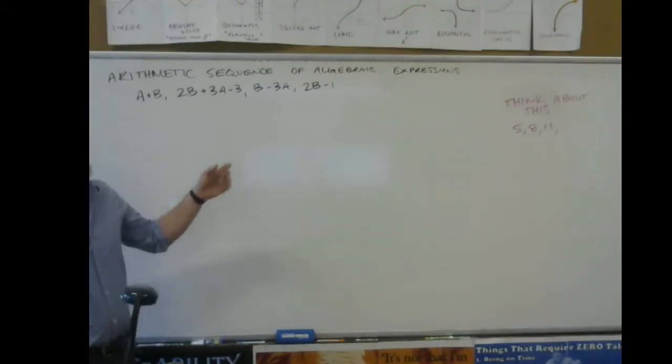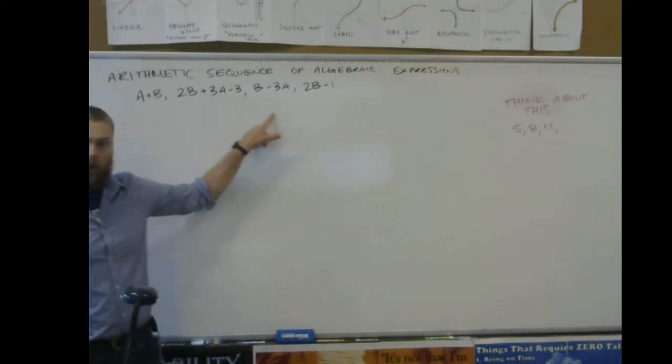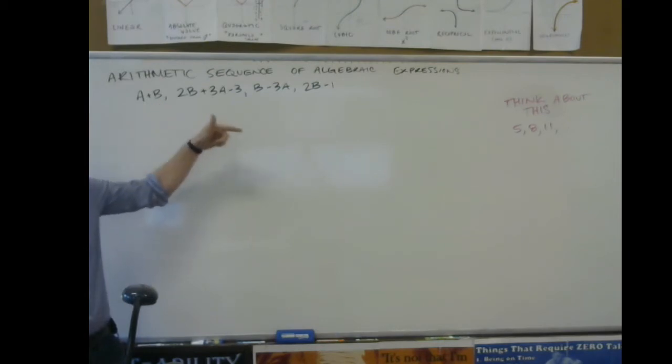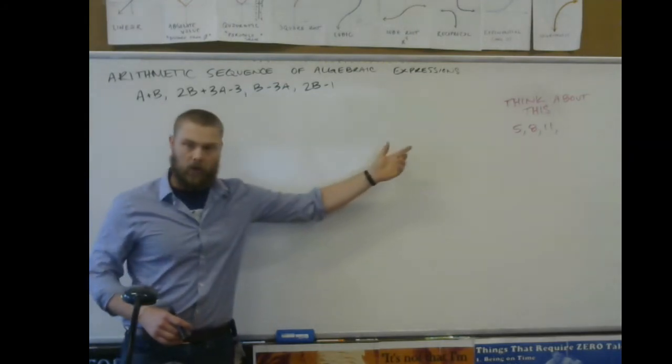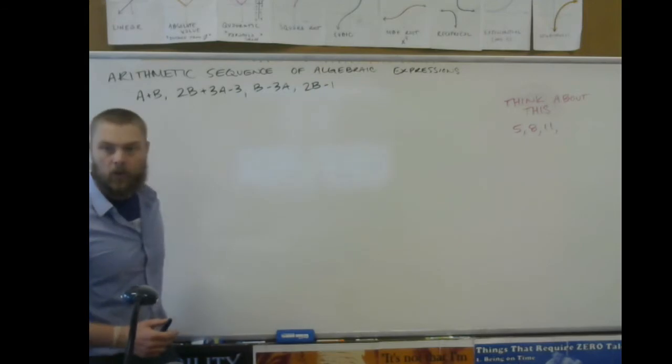Alright, so this is example number 6. You've got an arithmetic sequence, but you have no clue what the numbers are, and we have to figure out what these A's and B's are before we can determine the numbers. And so I created over here an easier version of this, and I'm going to use this idea